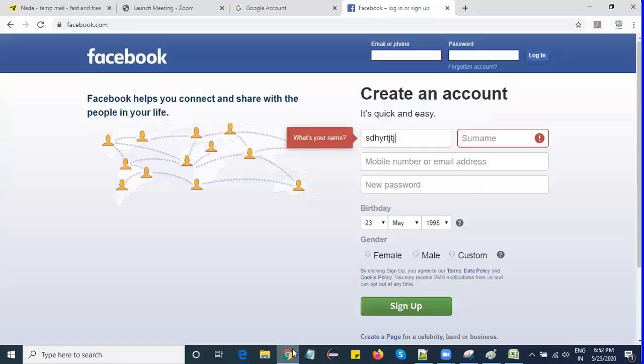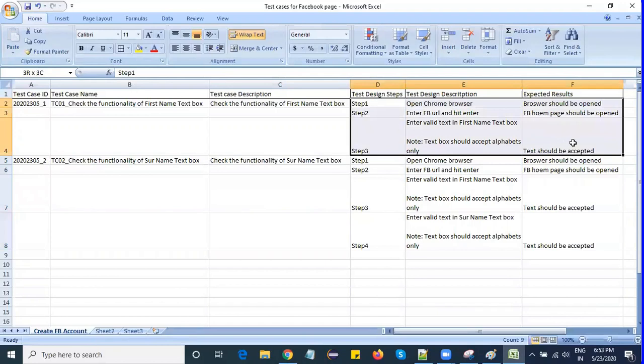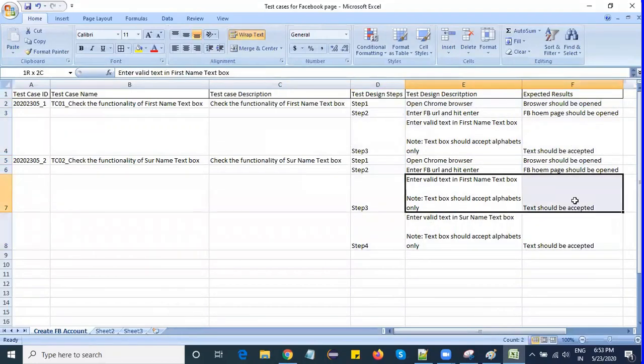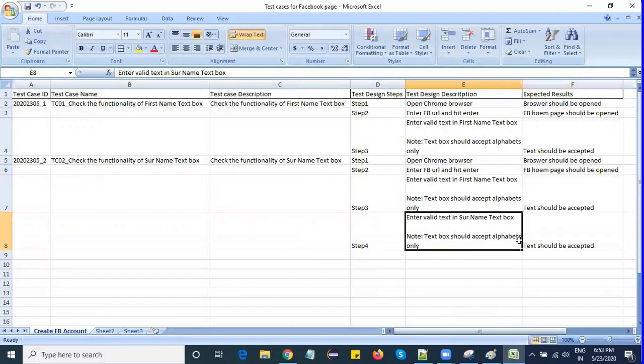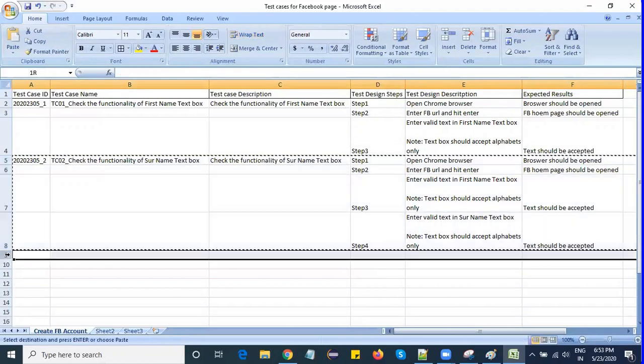Because if I want to check the surname, first I need to navigate through first name. Without validating first name, I can't go to surname. That's why for the surname it is an individual test case. This is another individual test case. To check the surname, I need to check the first name. That's why I used the previous steps.